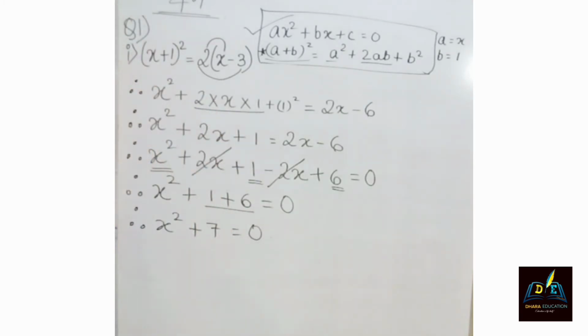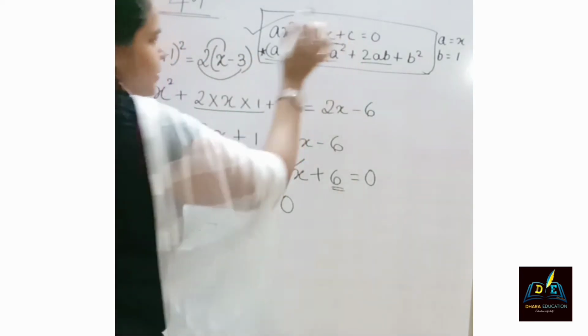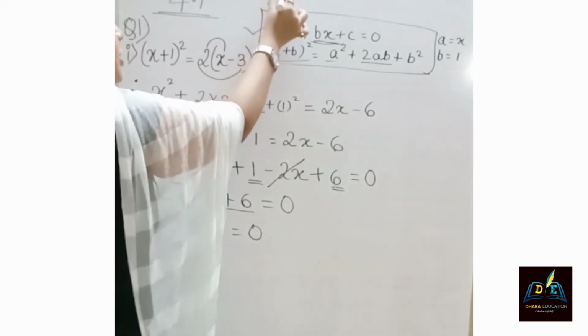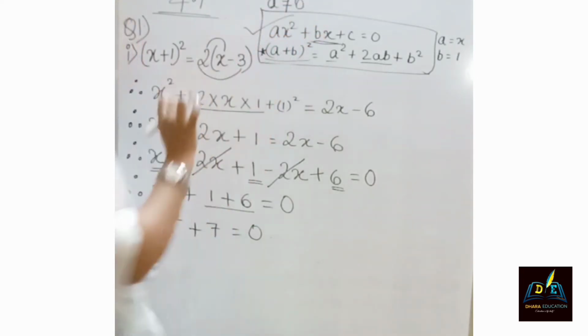Now, students, you need to understand this is not exactly the standard form. What is missing here is the middle term, that is bx. If b is not there, it means it is 0. And our condition for checking quadratic equations, with the standard form, is that a should not be equal to 0.